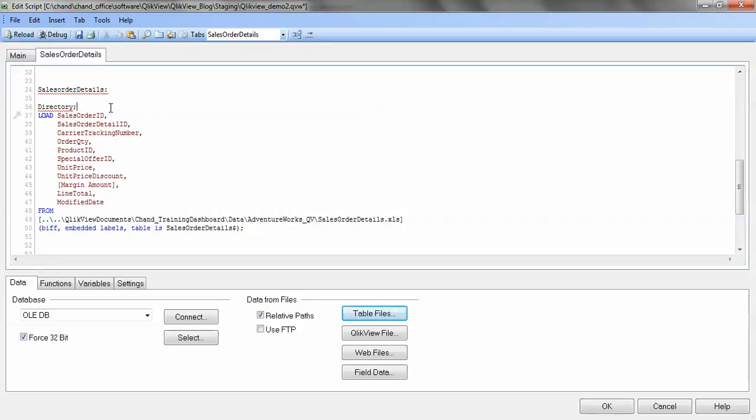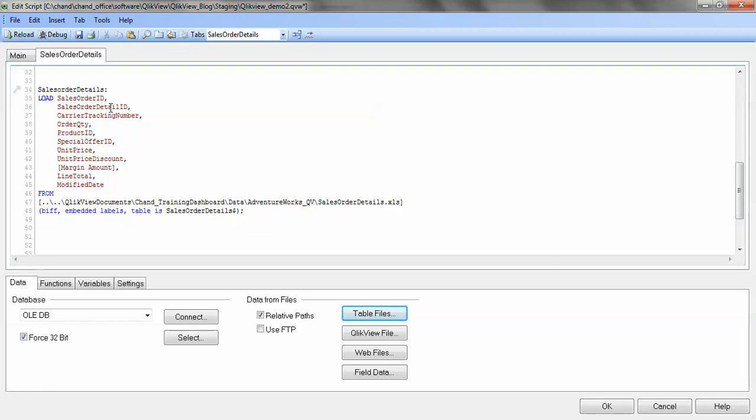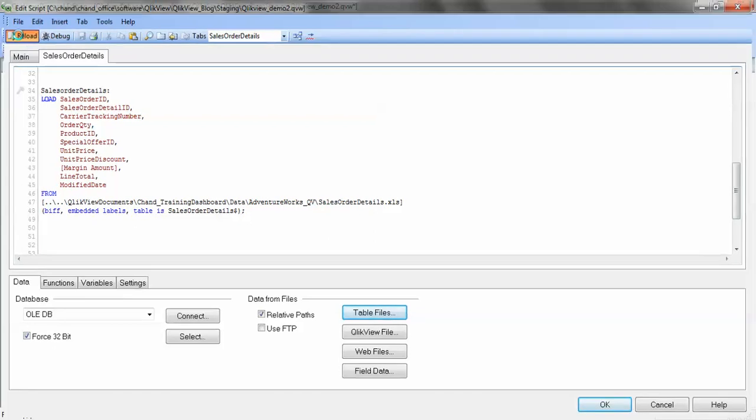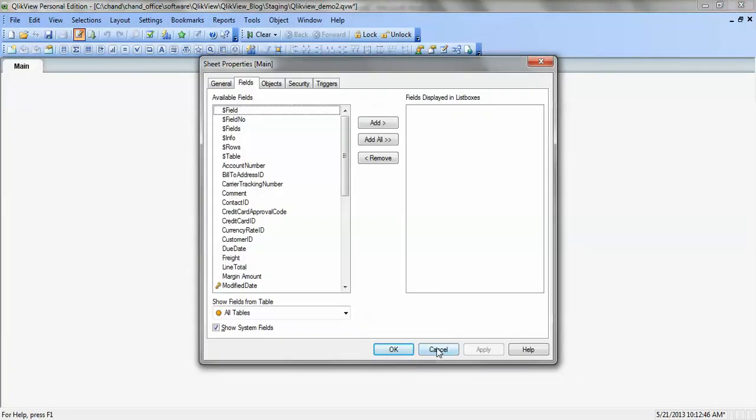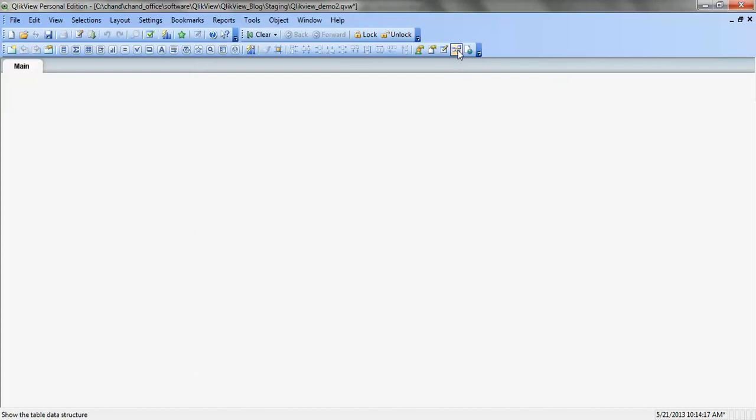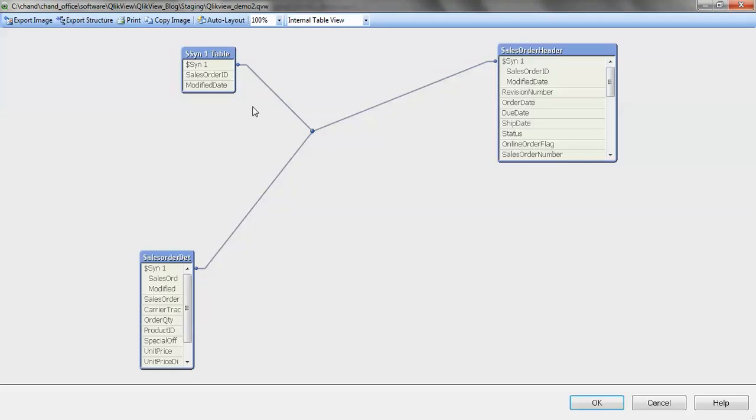I will remove directory because I don't need this, and this just shows up since we have used table files to select our Excel. I will save this and load our data. Data is loaded successfully, but if you go to our table viewer, you can see that QlikView has created one